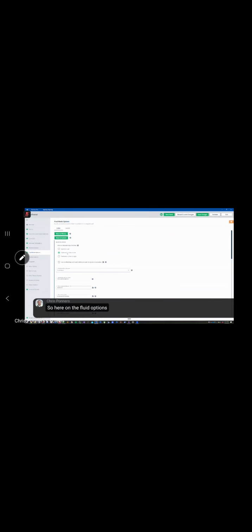The fluid model panel is where we basically define everything about the hydrocarbons in place. In the geothermal aspect, this is a little bit less important, but for anything in unconventionals and for oil and gas, it is. So by default, we were using a black oil model. So here on the fluid options panel, I'm specifying that my hydrocarbon phase is all oil and some properties relating to the hydrocarbons. So what the initial bubble point or dew point pressure is, some properties related to the water viscosity, water compressibility,